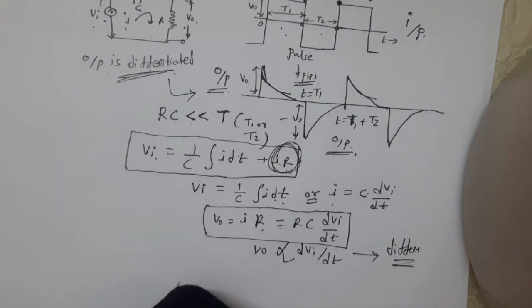Because RC is small and constant, we can write Vo is directly proportional to dVi/dt. Obviously, output voltage is proportional to the derivative of the input voltage. Hence, the wave is said to be differentiated since it develops another wave, the shape of which is determined by the derivative of the input voltage. Now we study the response of the circuit as follows.